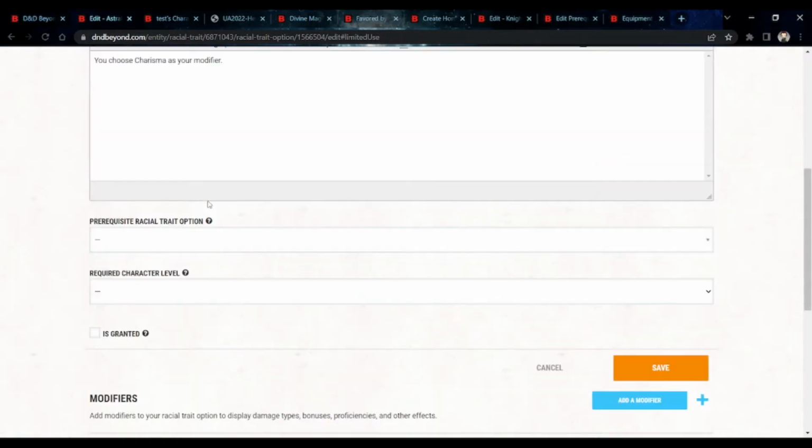The only other thing I would suggest is to make sure this is clear, just because if these are clear, it might be that you filled in these and set the required character level to something higher than 1, and so they're not seeing it. Also make sure "granted" is not ticked for any of them, otherwise it will say, oh yeah, you automatically have this option. Right, so with that,